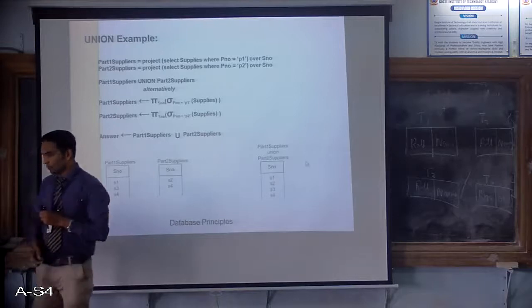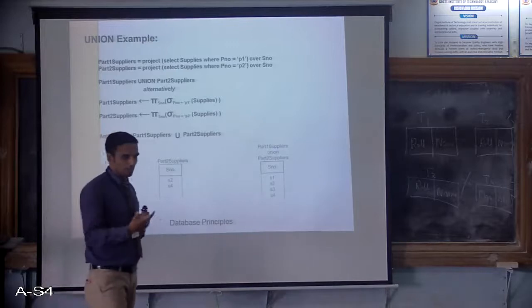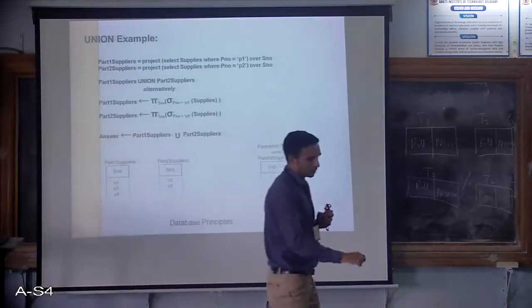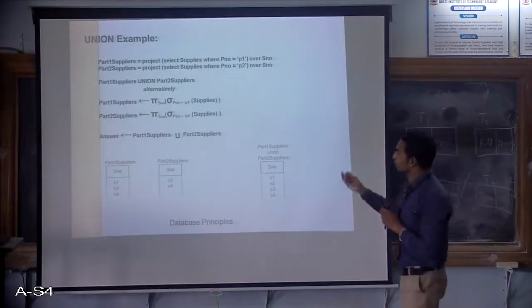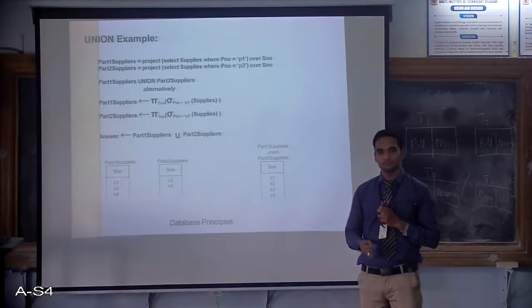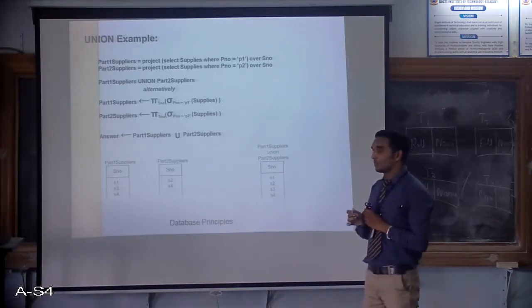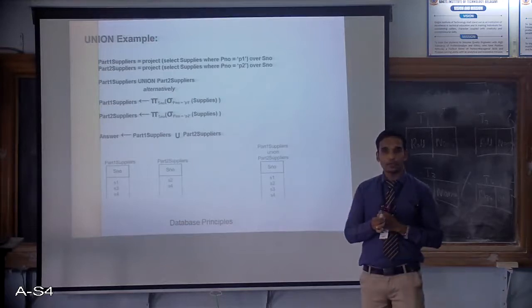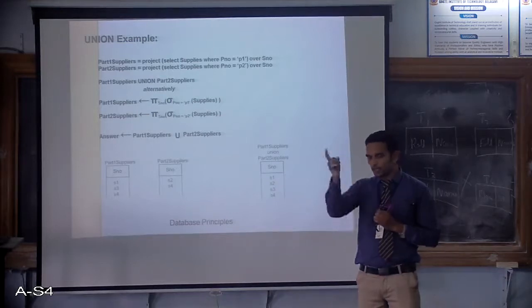Now see, for example, there is a table where suppliers supply some parts for me. I'll come across a scenario where there may be a supplier who can supply both the parts. Assume that for this table there is a supplier who can supply part number P1 and a supplier who can supply part number P2. Union works with OR, intersection works with AND.